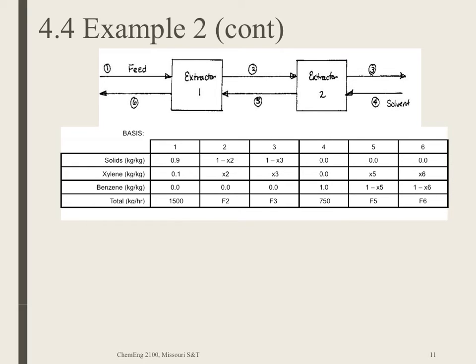So for each piece of equipment or the overall process, I can write down a total balance. Those are usually the easy ones. I can write down a xylene balance. Those are useful because they relate my process specs. But then I also have solids and benzene. So these are the material balances that I'll be able to write. For extractor 1, let's see if I can write extractor 1. These balances, looking at what comes in and out,